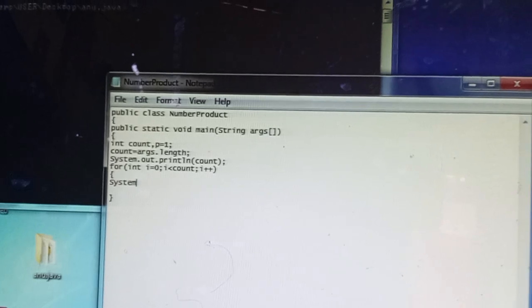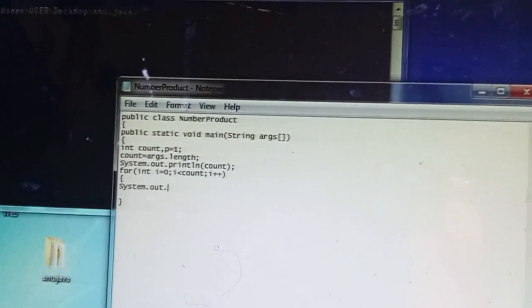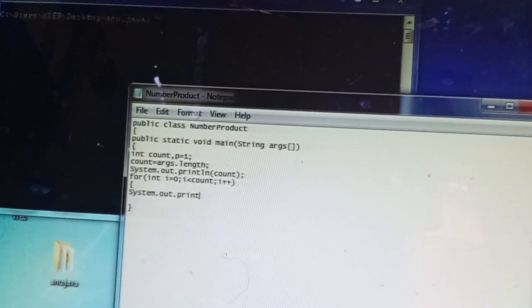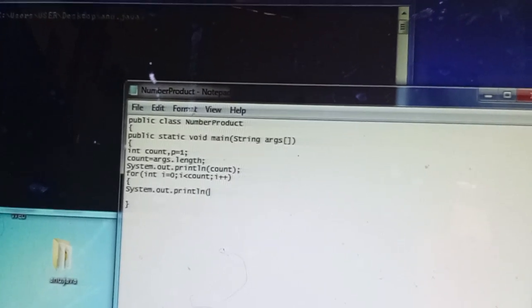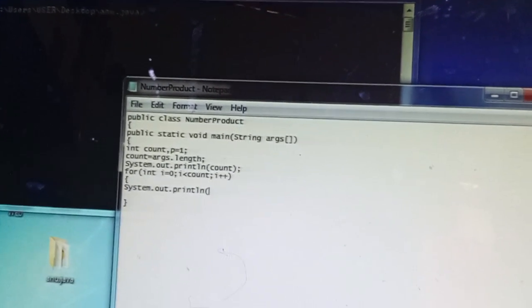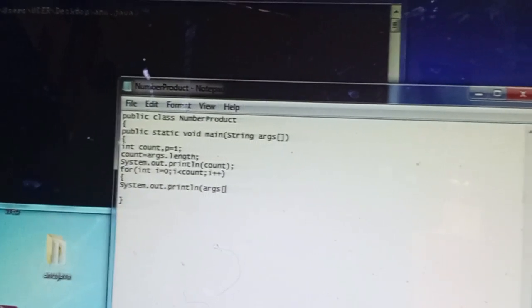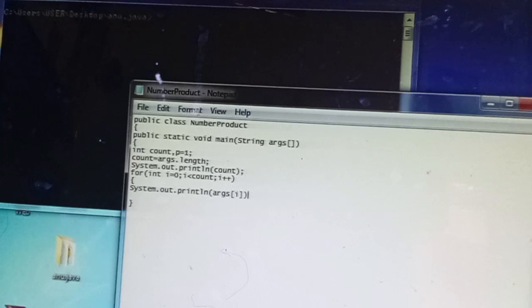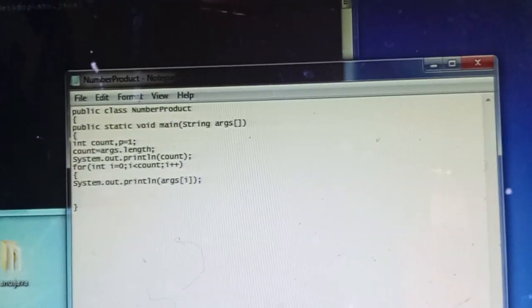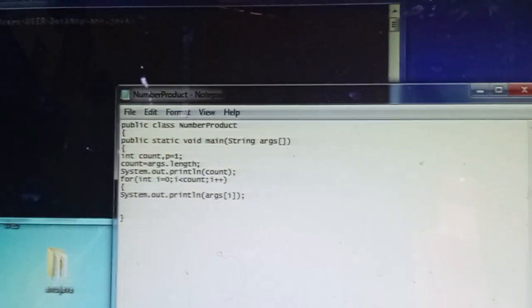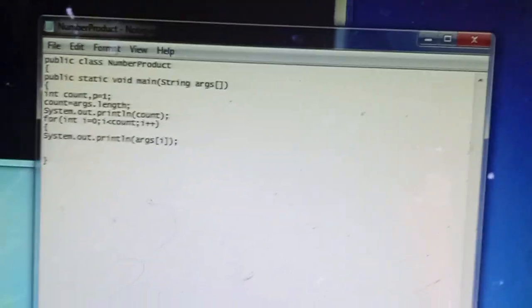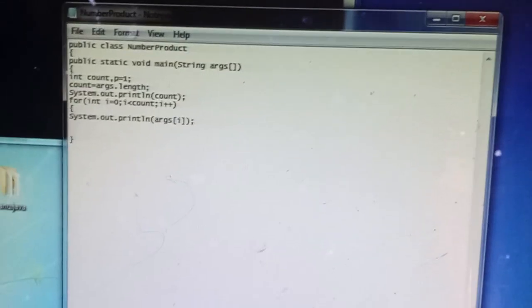System dot out dot println, what I want to print, args of i, right? Arguments are given numbers.